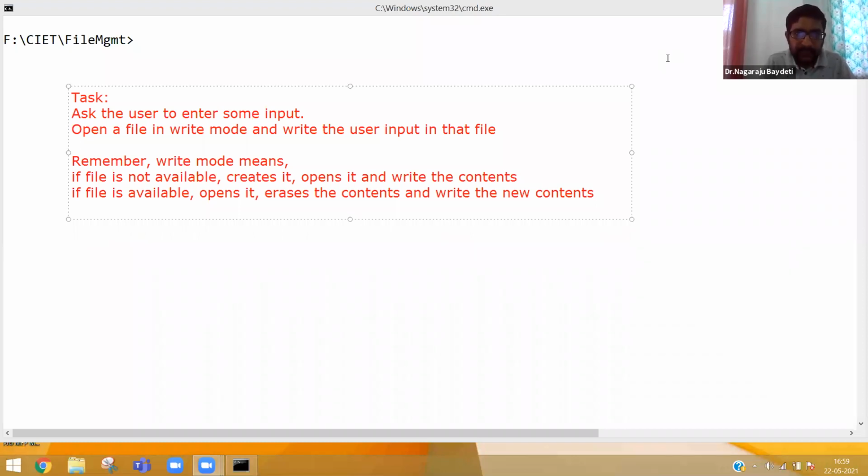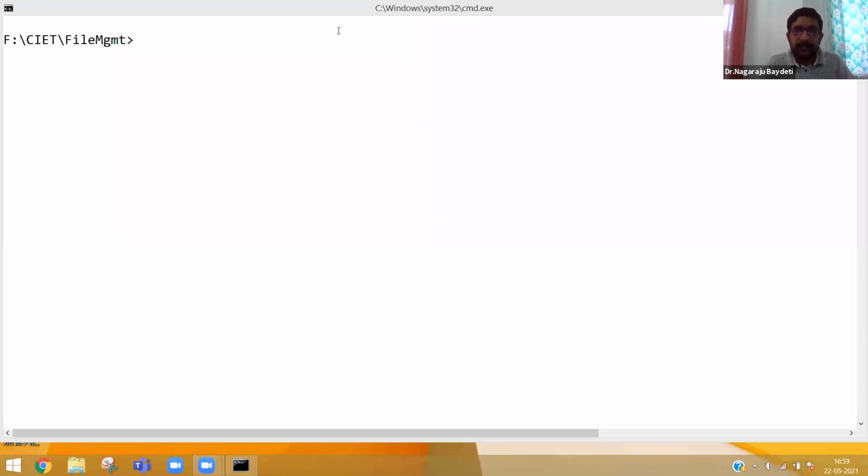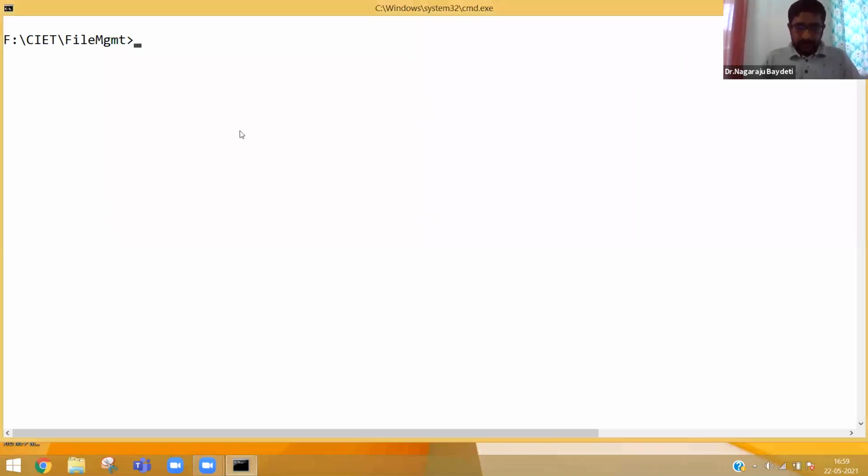I hope everybody understood the task. Task is to read an input and write in a file in a write mode. Okay. So, read input, write in file using write mode .py.